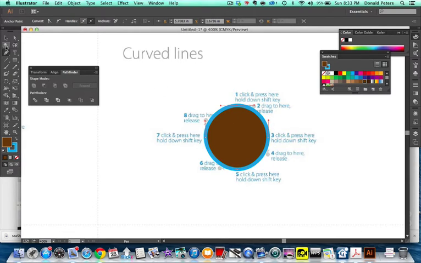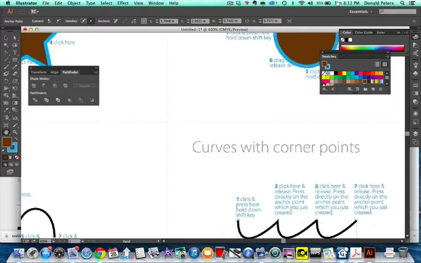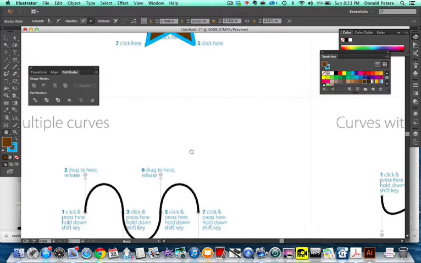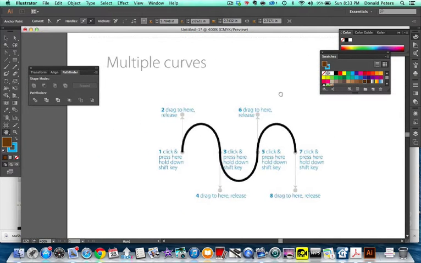Okay. I can actually go back over here with my anchor point tool and click on these and drag them around and change them. Okay. And we'll talk more about that here in a minute when we get down to some more of the complex shapes. So we're going to come down here to multiple curves. And we're going to go back to our pen tool and we're going to do it again. Pen tool,